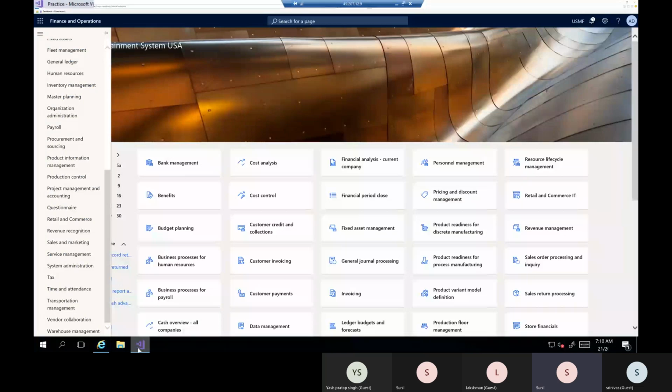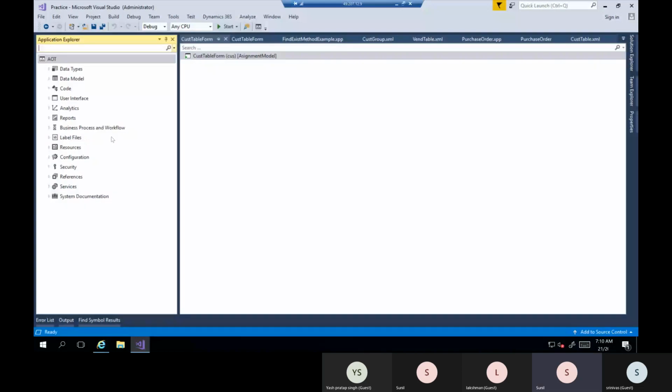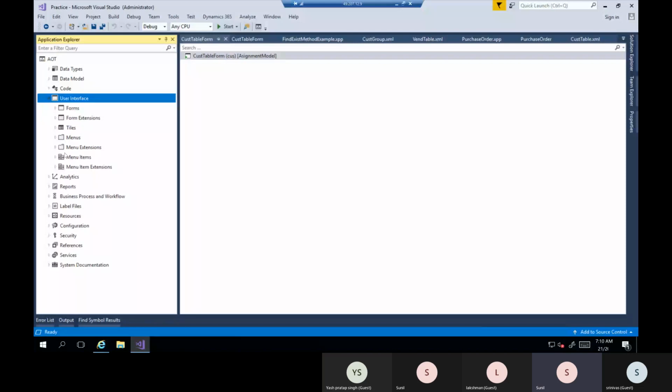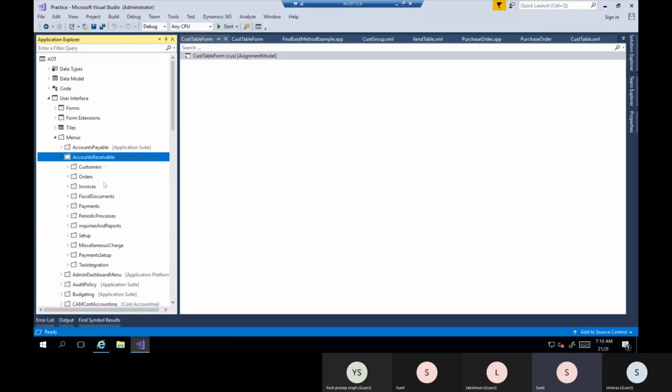How to add to an existing module? Let me show you how to do that. First of all, go to user interface. In the user interface, we'll have menus. In the menus, you can see all the modules as each menu. If you'd like to add your custom table form in the accounts receivable module, in the customers, for example,